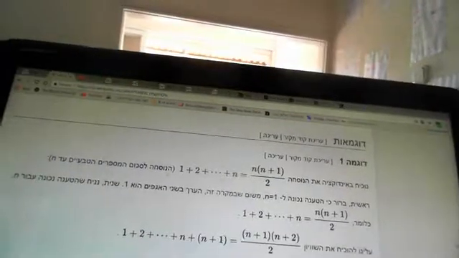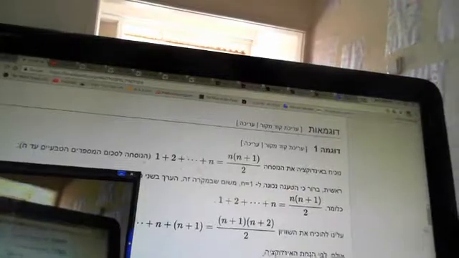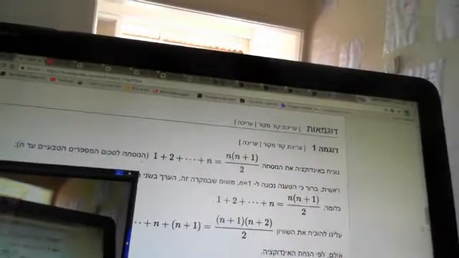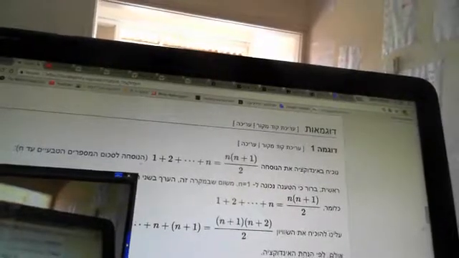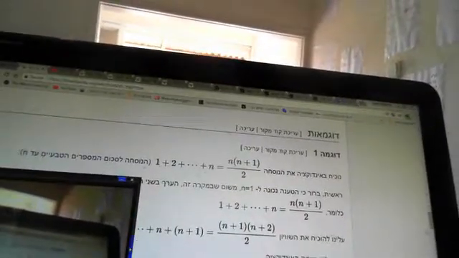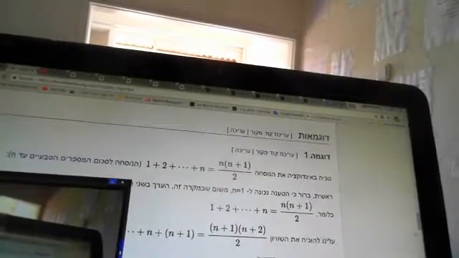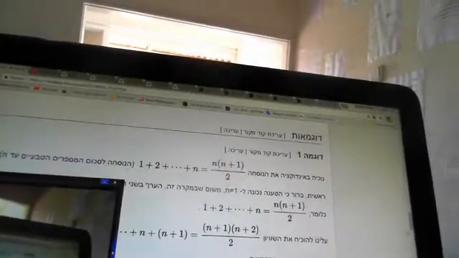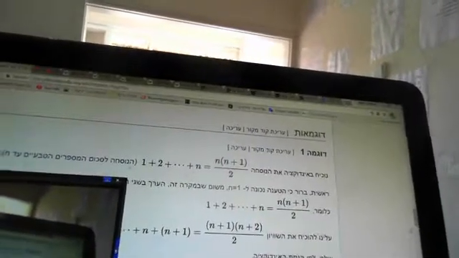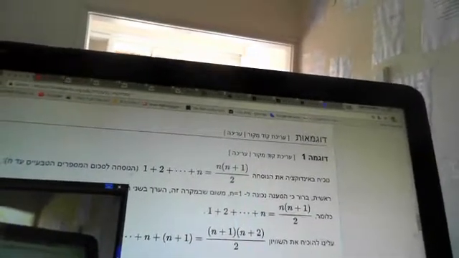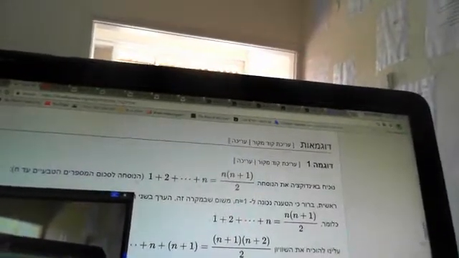We need to prove that 1 plus 2 plus 3 plus 4 plus 5 plus 6, etc., equals n multiplied by n plus 1, and all is divided by 2. Okay. Now the inductive step